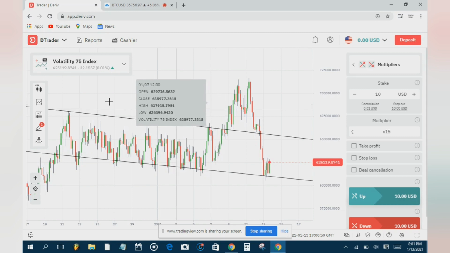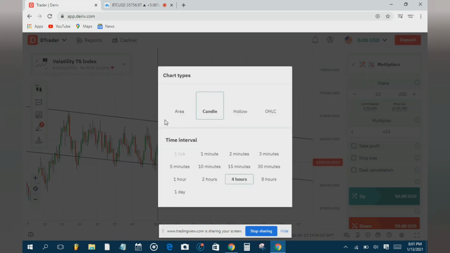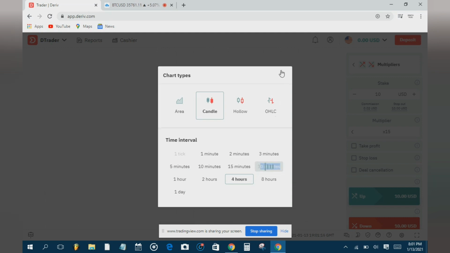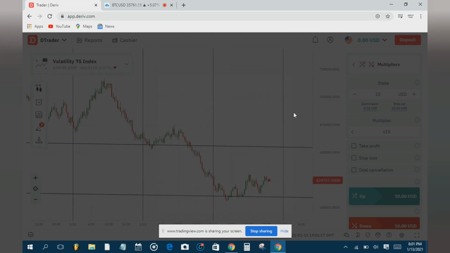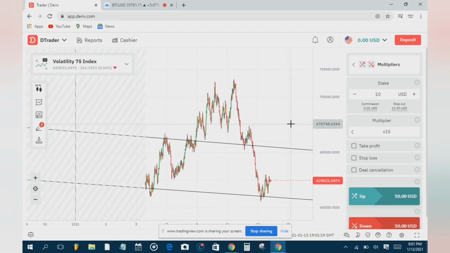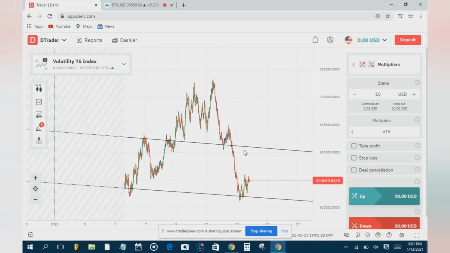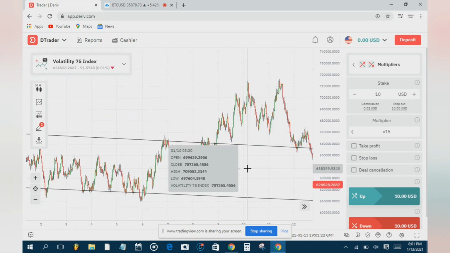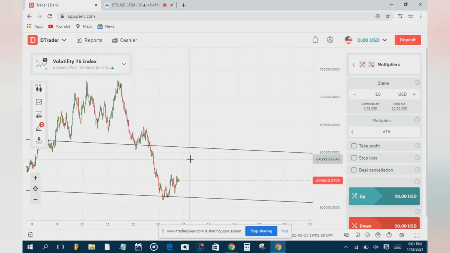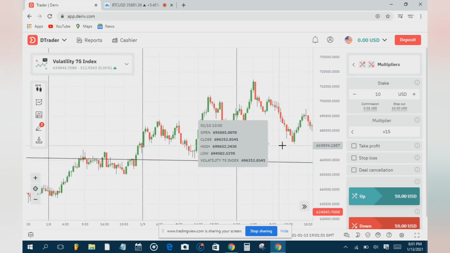So we want to go over now to lower time frames, because of course we want to be scalping the market. We only use the 4 hour time frame to determine our trend and to draw our trend line to see our strong support and resistance parameters. So now we're going to go back down to the 30 minute time frame, and on the 30 minute time frame you want to identify the consolidation of the market. So you're going to look for where the market is ranging,